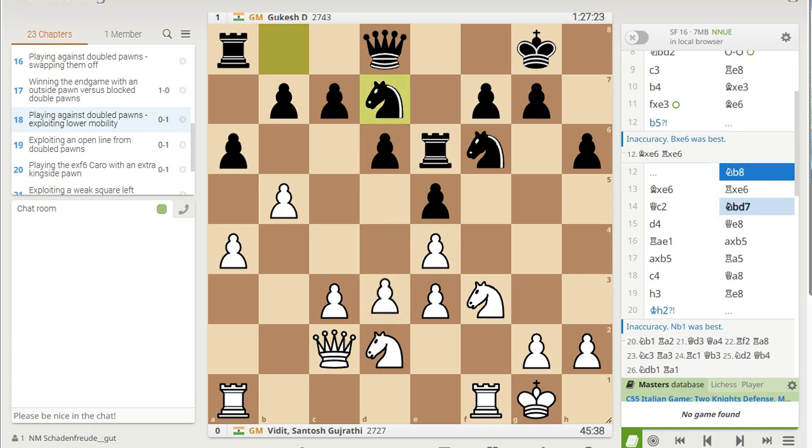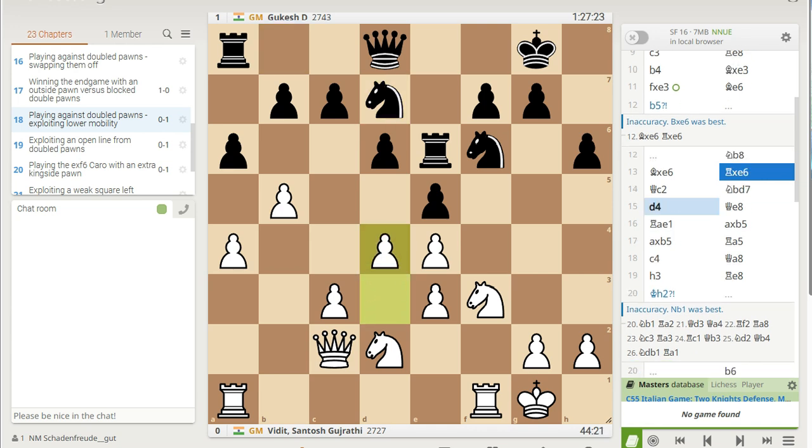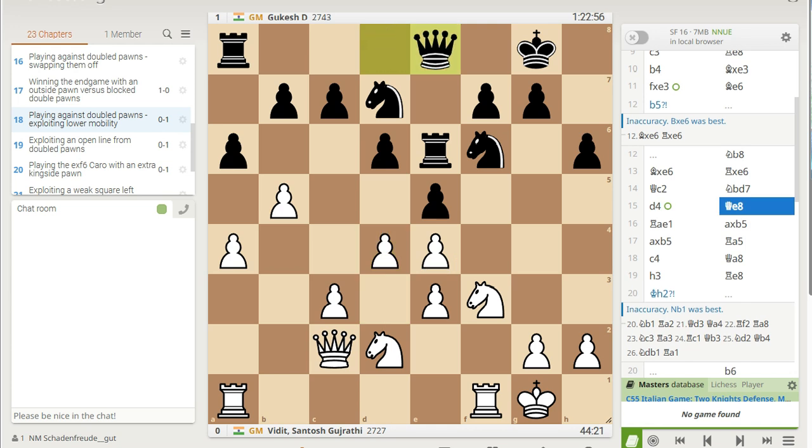So the d pawn can move forward, but that can leave this pawn here somewhat weak. So the mobility isn't great for white, because if you push this pawn further on, then this e4 pawn definitely would be more attackable. So what we see in the game is that